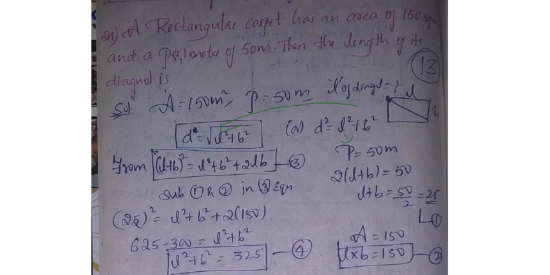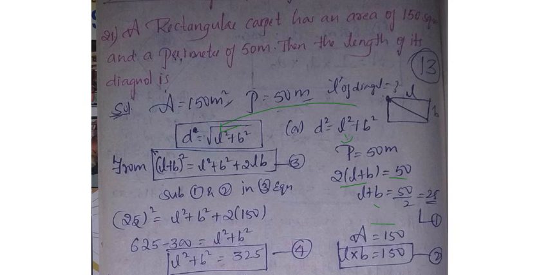They have given that perimeter equals 50 meters, right? What is the formula of the perimeter of the rectangle? 2 into (L plus B) equals 50. Then L plus B equals what? If I send 2 to the other side, 50 divided by 2. I told you, if we send multiplication to the other side, it will become division. If we send division to the other side, it will become multiplication. Remember this point. L plus B equals 50 by 2, which is 25. Now we got the value of length plus breadth as 25. Put it as the first equation.